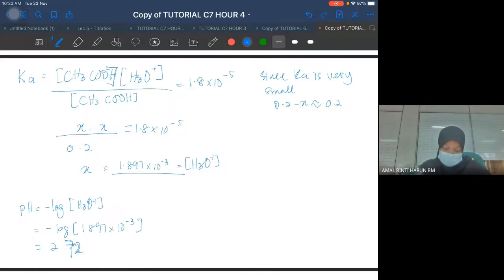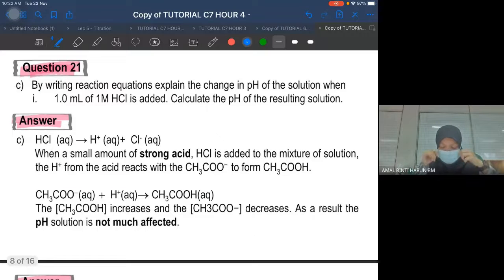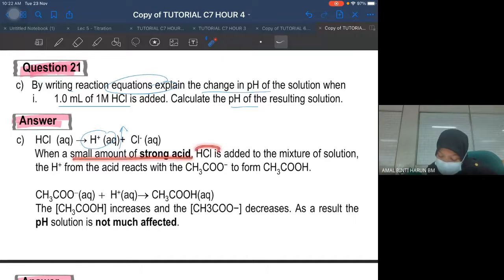Okay, sekarang kita pergi soalan 21C. By writing reaction equation, explain the change in pH for the solution. 1 ml of HCl is added. Calculate the pH resulting. So tadi dia tak ada salt kan? Sekarang kita tambah HCl, so the concentration of H plus akan increase. So when small amount of strong acid HCl is added to the mixture of solution, okay, so the H plus from the acid will react with the CH3COO minus. Okay, remember that